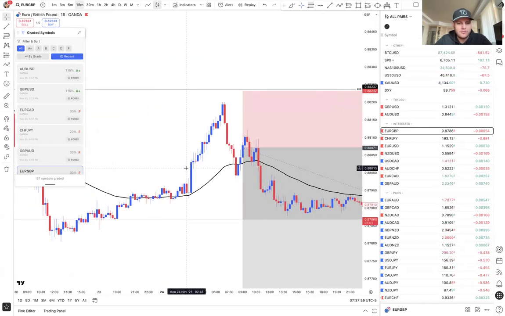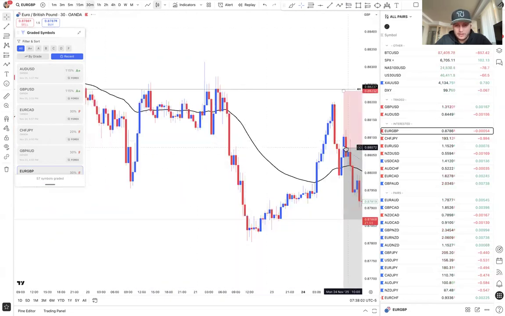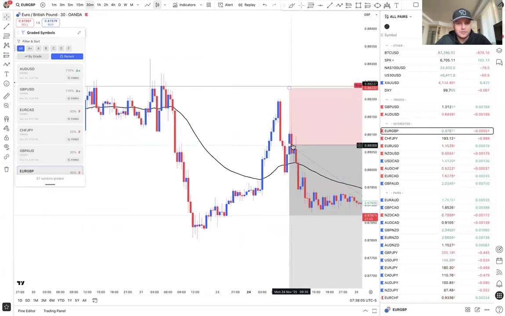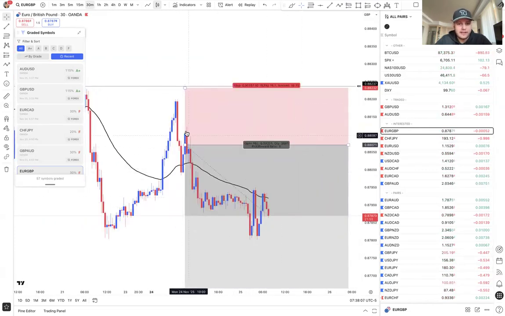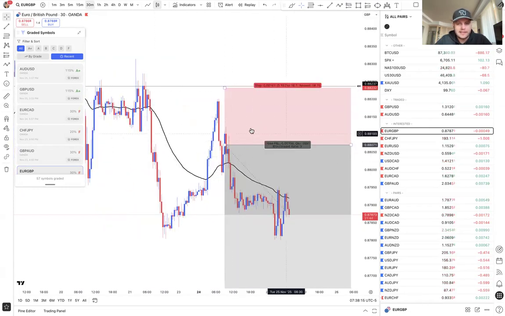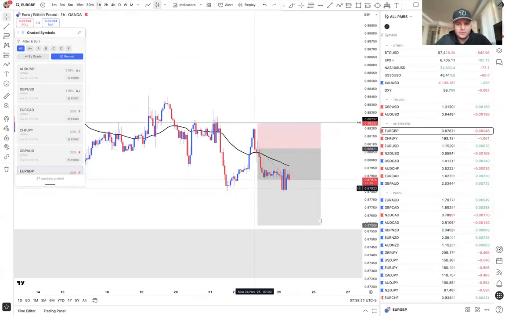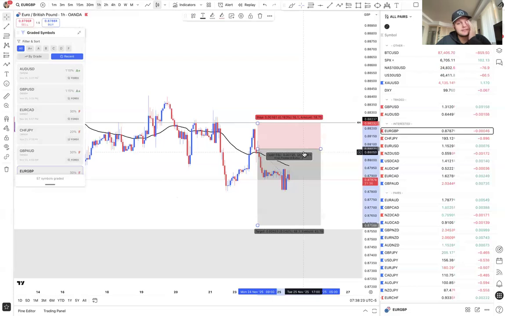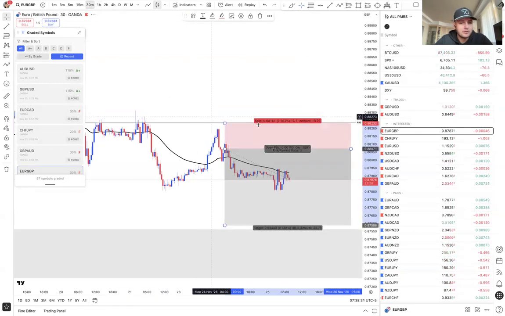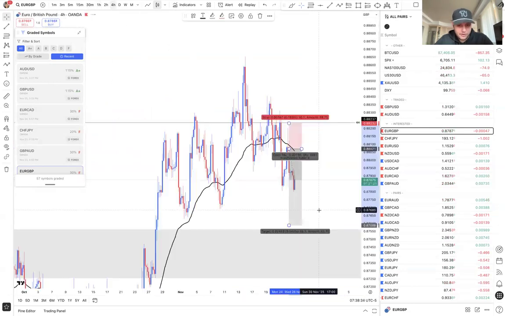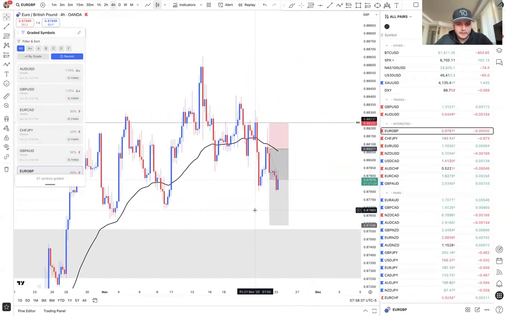And I don't even remember what I said about this one. I was just saying price is basically ready to enter. We're just waiting for price to show us that it's ready to enter. And that was shown to us as soon as we had this push to the downside, broke underneath the EMA. In fact, pretty sure I placed this order right at the same time as price was moving. So this would have been the trade that you could have taken, and we would have been halfway to the 1 to 3.